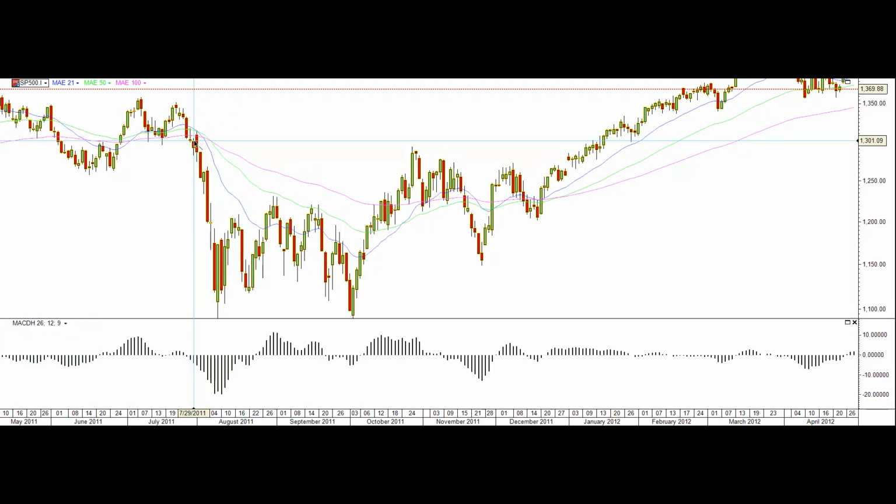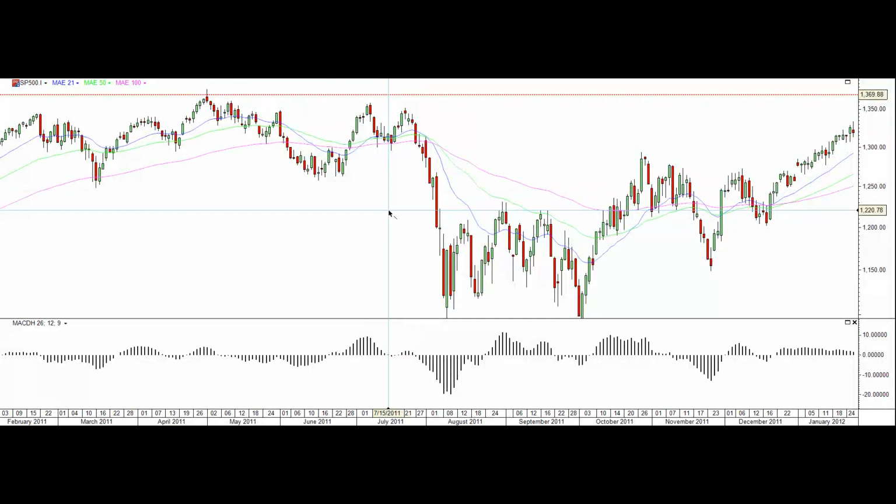So were you to enter here at this level, say at about 1300, you could put your stop just above this, about 1317, 1320, and you could ride this out. I mean, that's a move from 1300 to 1094. Wow, that's big. That's almost like 200 points in the time of a month, pretty much. So that is the strategy, and it applies to different charts, currencies, commodities, indices, stocks, and it works in different